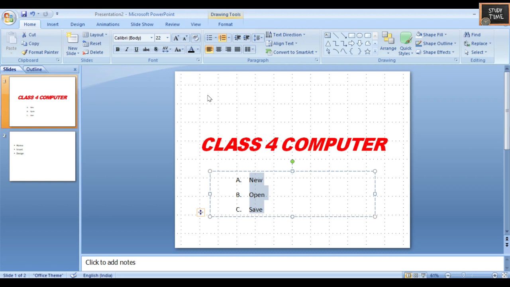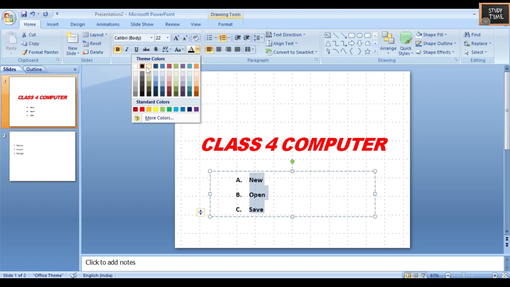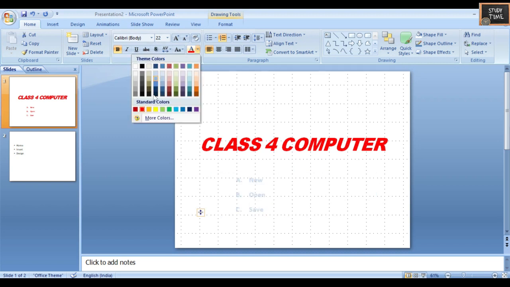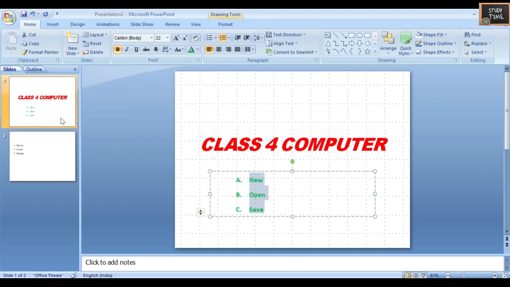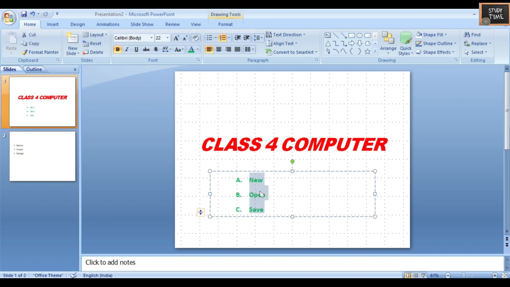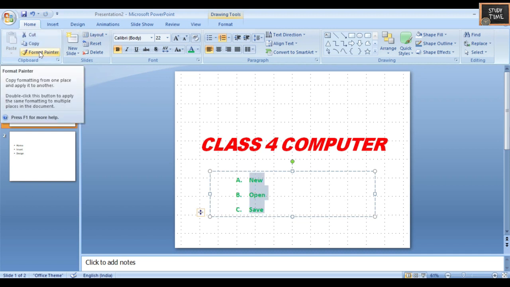I made so many changes, red font or green font. I want the same to be copied here in the second slide. What I can do is first copy this text. See here, you can see the format painter, which copies formatting from one place and applies it to another.